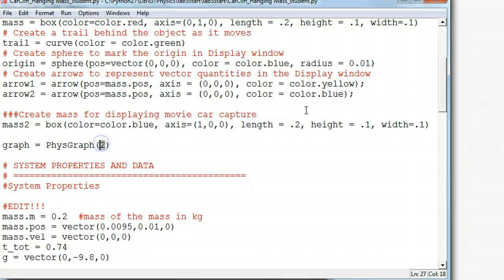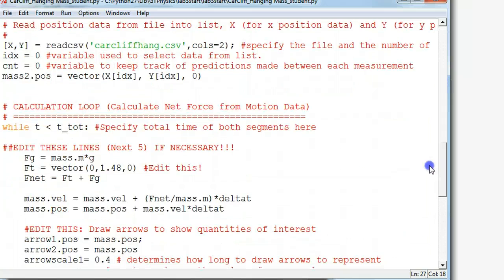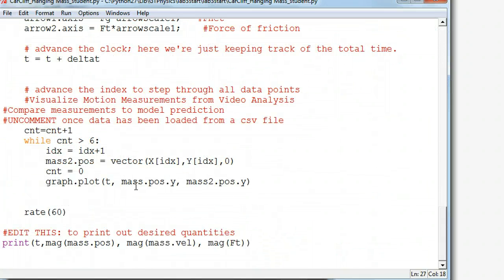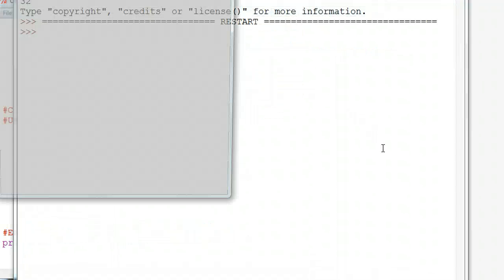In my initial instantiation of this, I said I'm going to have two y-axis variables. So my two y-axis variables are going to be the position of my accelerometer base model and the position of my video capture. When I plot this, it's only going to update once every 7 times the model actually updates, but I'm only going to see the video capture model that often, so it seems appropriate to put it there. And then when I run it,